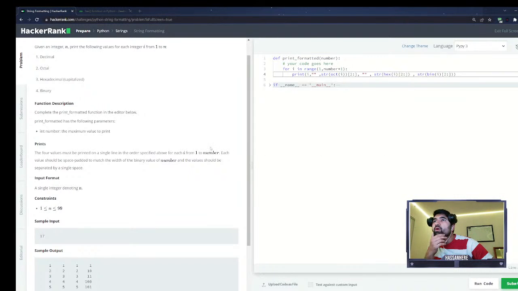Should be space padded to match the width. Should be binary value of that number, right? Okay, just suppose if